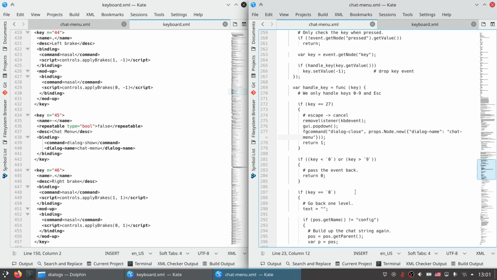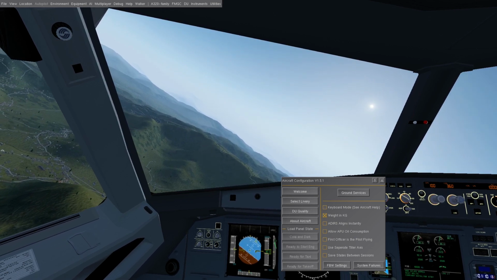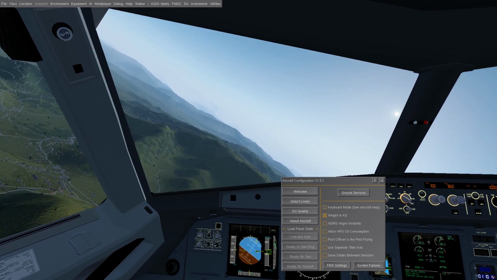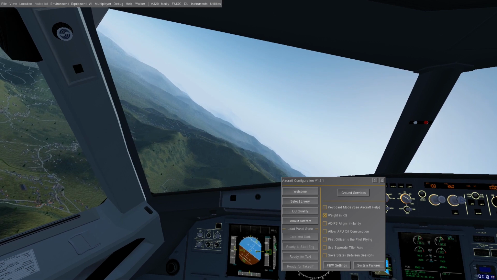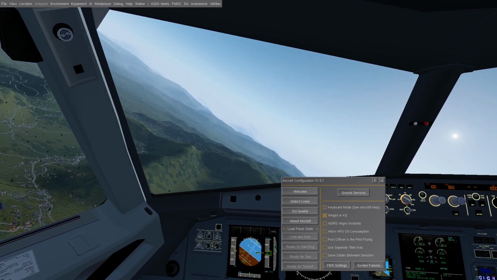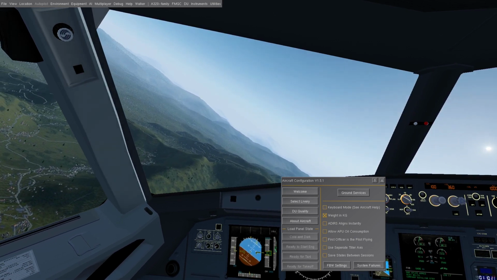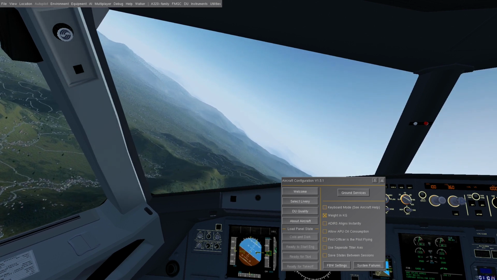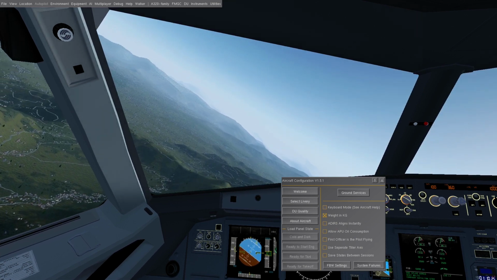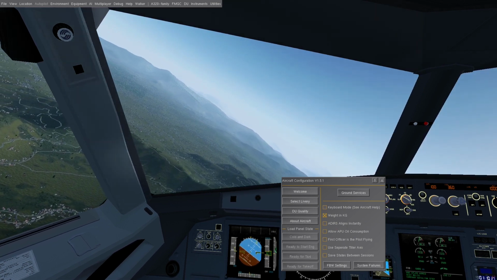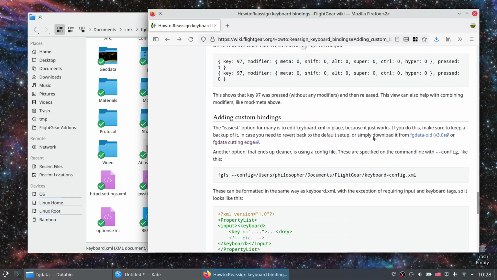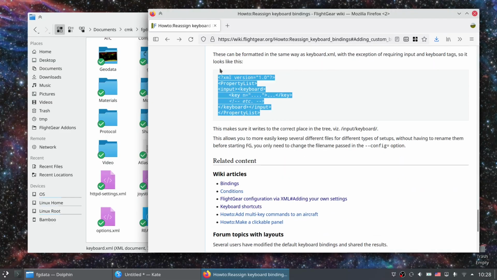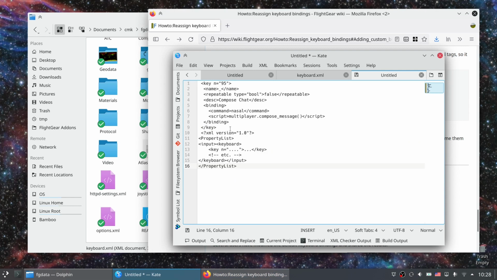Now it is time to add a new binding to your FlightGear installation. Instead of editing keyboard.xml, I'll create a new config file instead. This way, the new bindings can be quickly deactivated if it's causing problems, and they won't be overwritten when FlightGear is updated. Copy this segment from the bottom of the Adding Keyboard Bindings wiki page